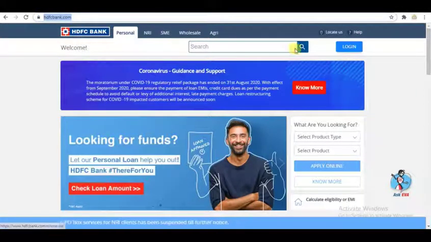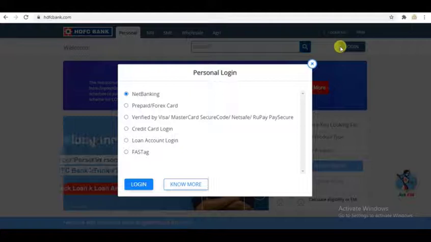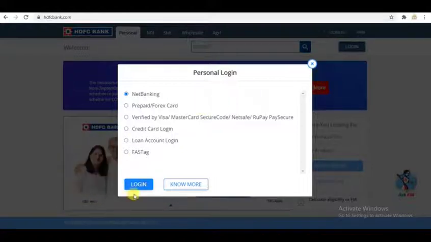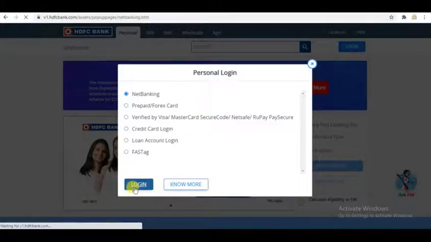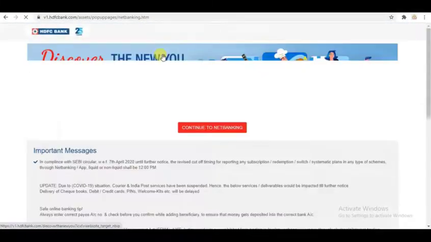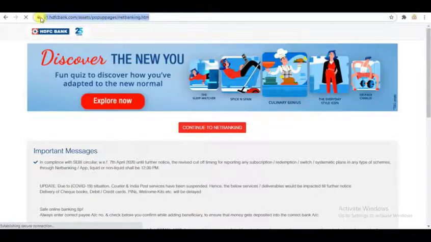If you click on the login page, then click on login, the next page will open. Also see the extension of the page, that is HTML. So this is an HTML page which contains the header section.